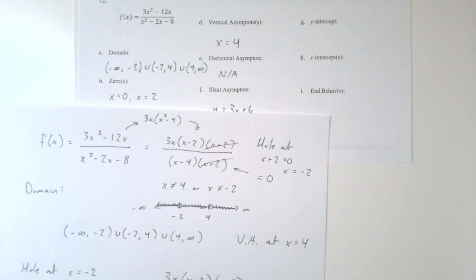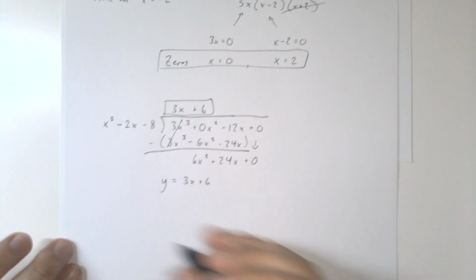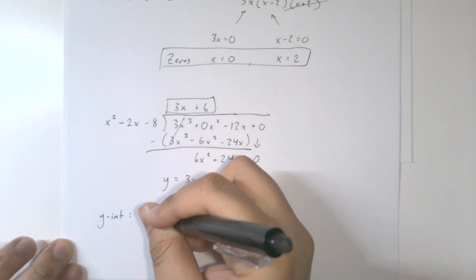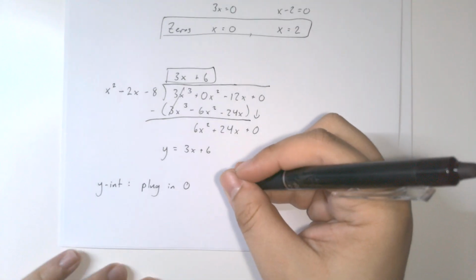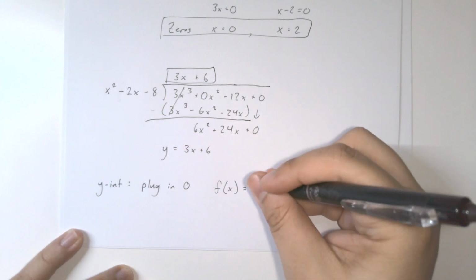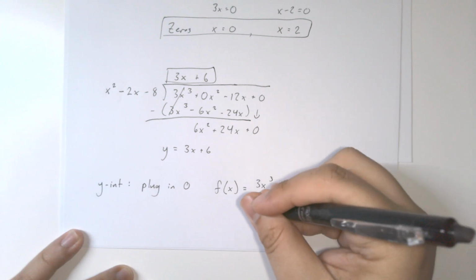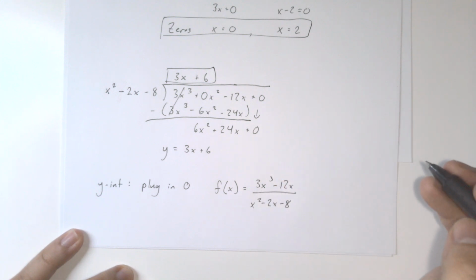The y-intercept is pretty easy to figure out as well. Remember, for the y-intercept, all we have to do is plug in 0 into our function. So for the y-intercept, plug in 0 for our function. So if our function is f of x is equal to 3x cubed minus 12x divided by x squared minus 2x minus 8, if we plug in 0 to all of this,